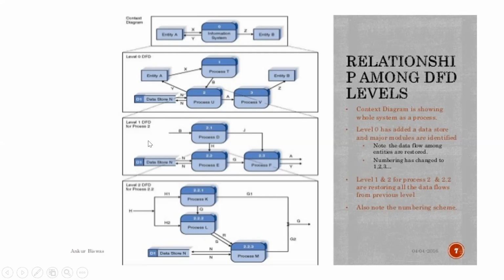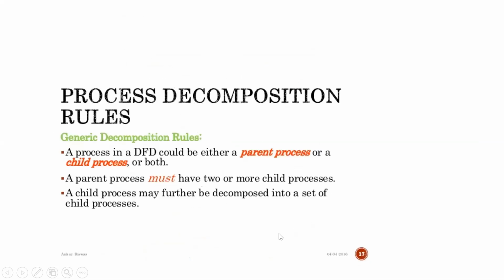To move towards the next level, that is level 1, we have to select one of the processes from level 0 and then fragment it into subparts such as 2.1, 2.2, 2.3. When we move from one level to another, we cannot distribute all the processes together in the next level. We have to select only one process at a time and divide its functions. Then for level 2, again we select one of the processes from level 1 and divide it and distribute the actions that are performed between these processes.